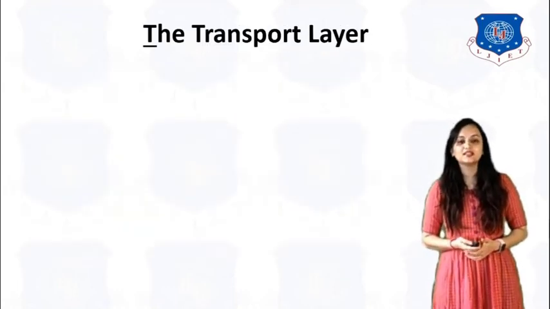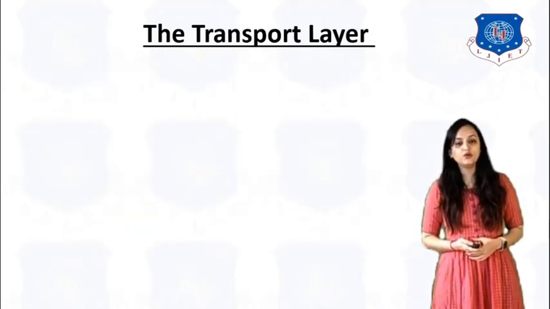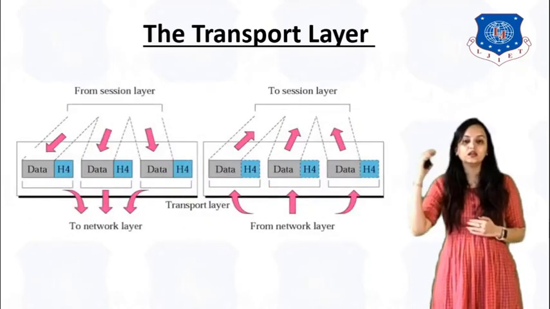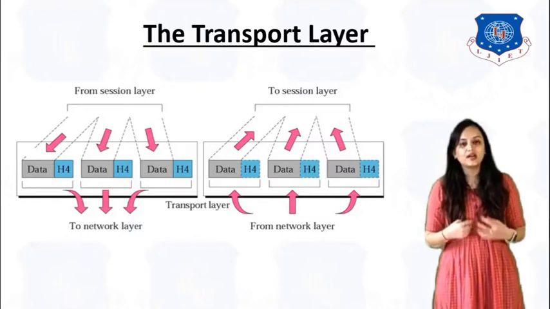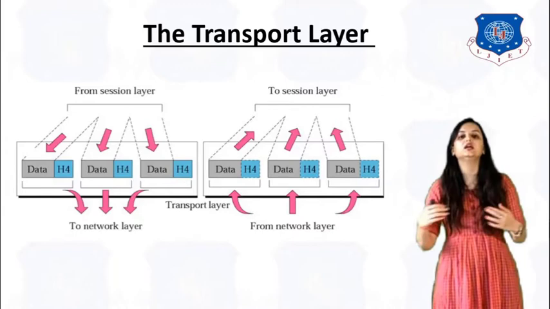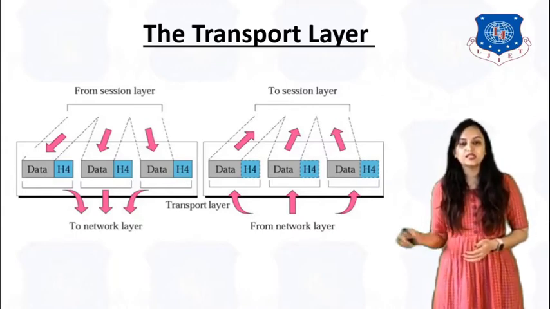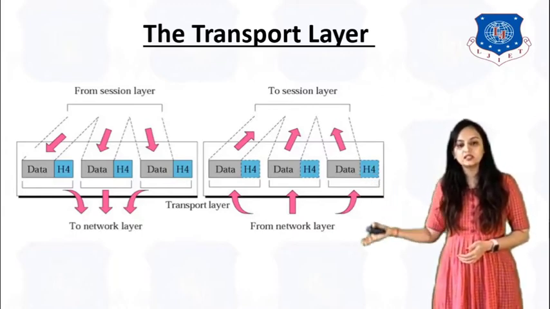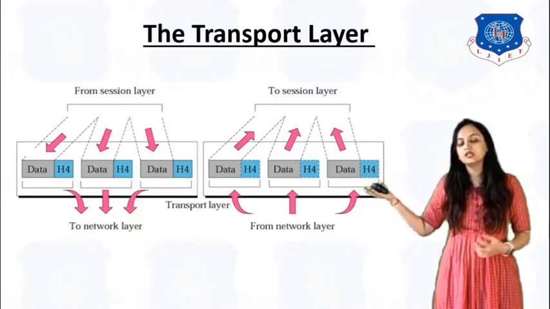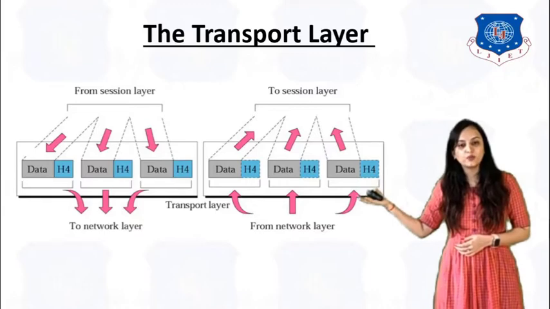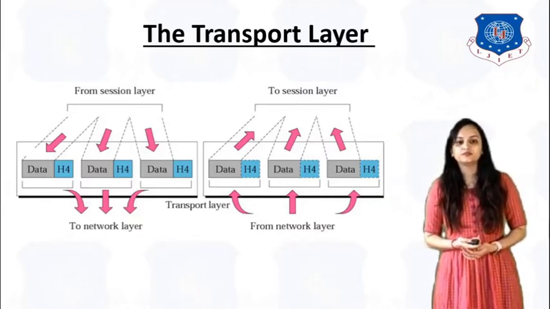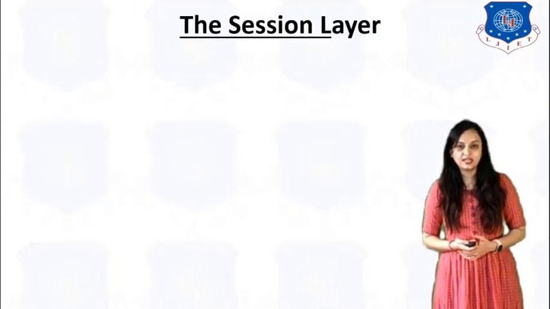Then the next is the transport layer. The transport layer is between the network layer and the session layer. Now the transport layer will decide how the data is encapsulated and transported throughout the network. As you can see over here, there is the network layer which is giving the data to the transport layer, and by using the TPDU unit, this transport layer gives the data to the above layer, which is the session layer.